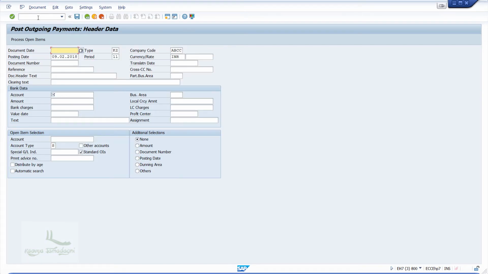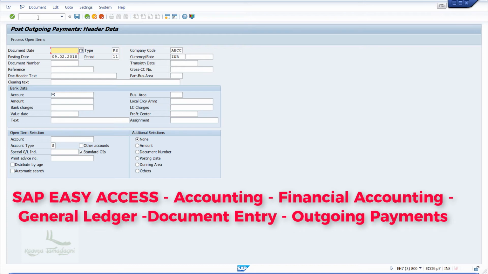Not to forget, even the menu paths are very important because sometimes you tend to forget the T-codes, but if you remember the menu path, it is very easy for your transitions in SAP. The menu path is from SAP Easy Access, Accounting, Financial Accounting, General Ledger, Document Entry, Outgoing Payments.